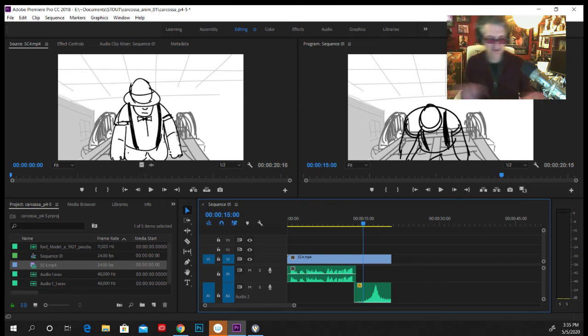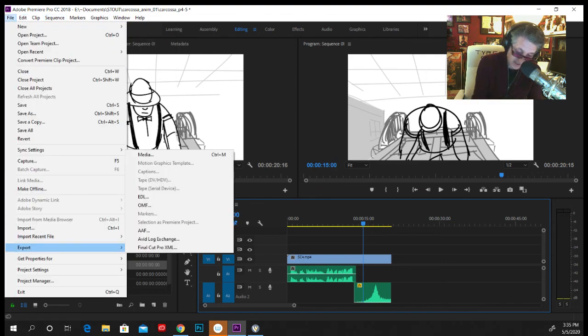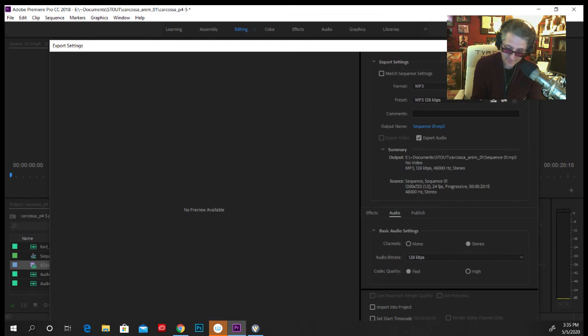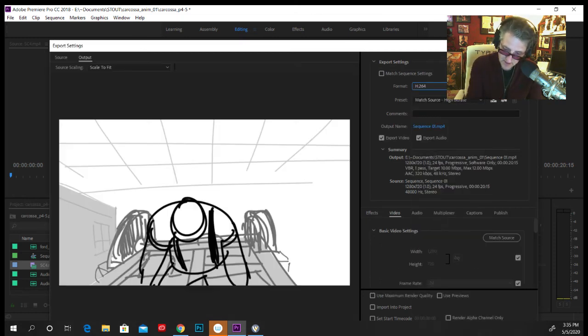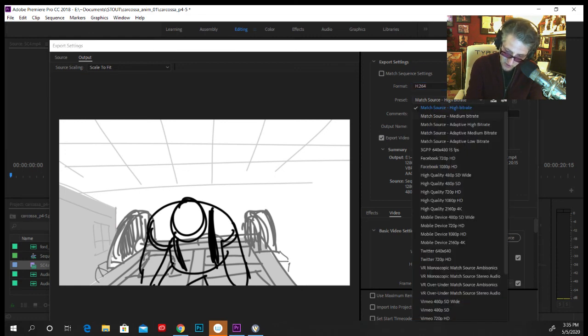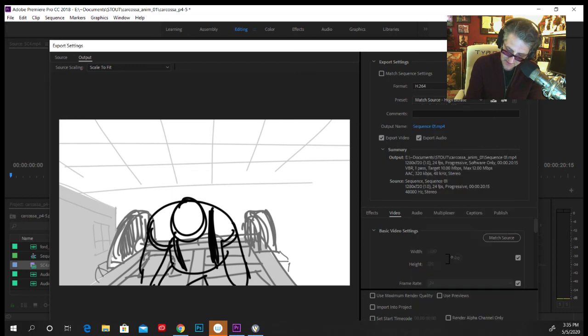Okay, so a lot more to do, but that's the pipeline. Once we have it in here, we can go export, which is under File, Export Media, and now we need to not be audio only. We need to have video and audio selected. The H.264 presets are pretty good. You could use the hardcore high quality one here, but for uploading to something like the assignment, we could do